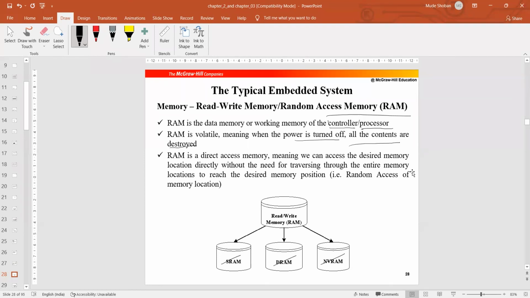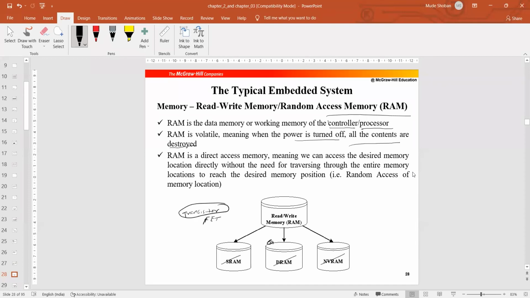In RAM, you have three categories: one is static RAM, the second is dynamic RAM, and the third is non-volatile RAM. Could you notice what the difference is between static RAM and dynamic RAM? Static RAM is designed using transistors. This memory is only transistor or FET devices, field effect transistors. So in SRAM, only transistors are used. In DRAM, along with the transistor, there is one